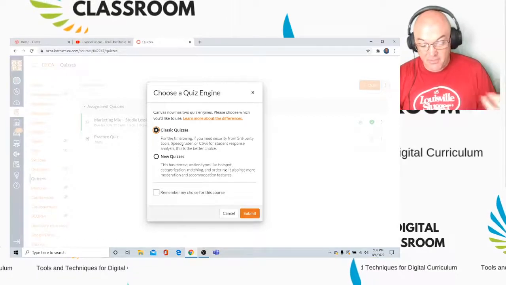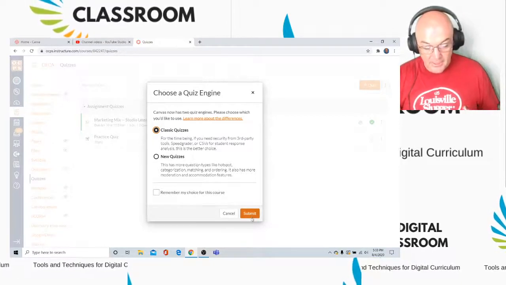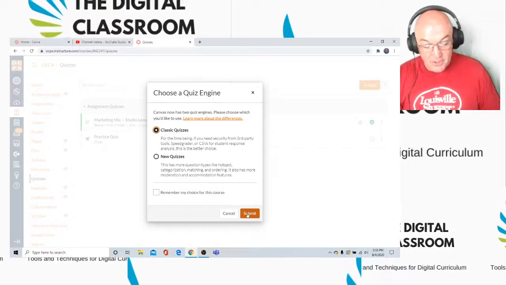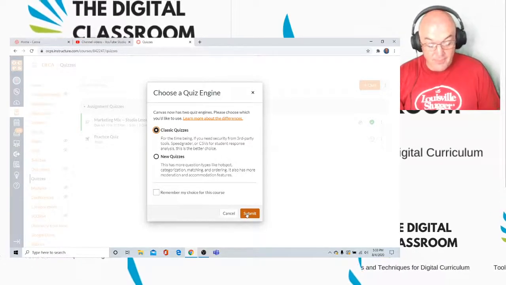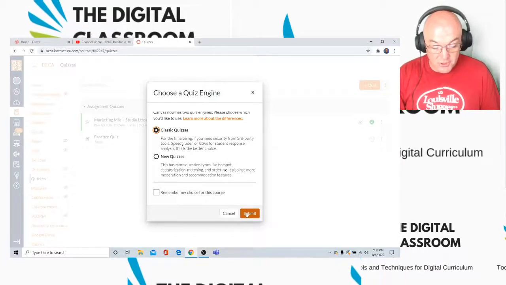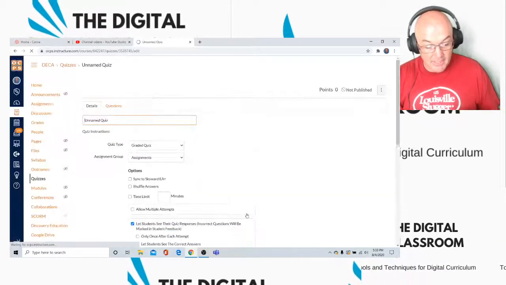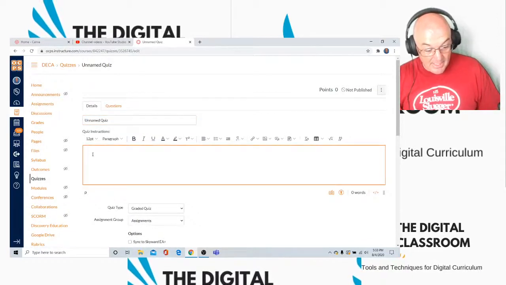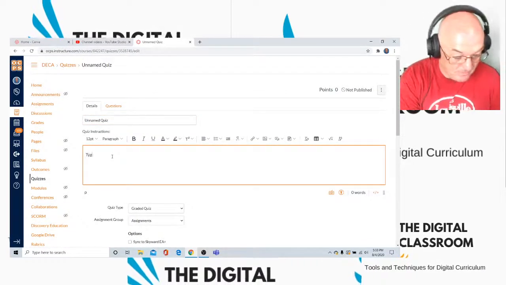And I like the classic version because I'm a little bit a creature of habit, and I like being able to know exactly what I'm looking at. So this is the older version of how Canvas quizzes used to look. So I'm going to go ahead and click Submit. I want the older version of that. And again, here's my box where I can type instructions